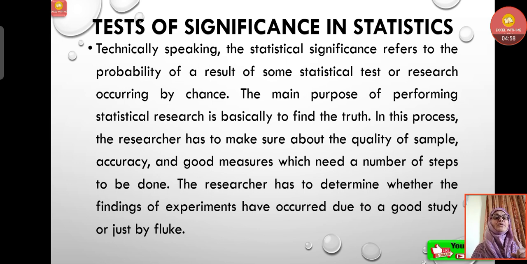The main purpose of performing statistical research is basically to find the truth. In this process, the researcher has to make sure about the quality of the sample, accuracy, and good measures, which need a number of steps to be done. Now, the researcher has to determine whether the findings of experiments have occurred due to a good study or just